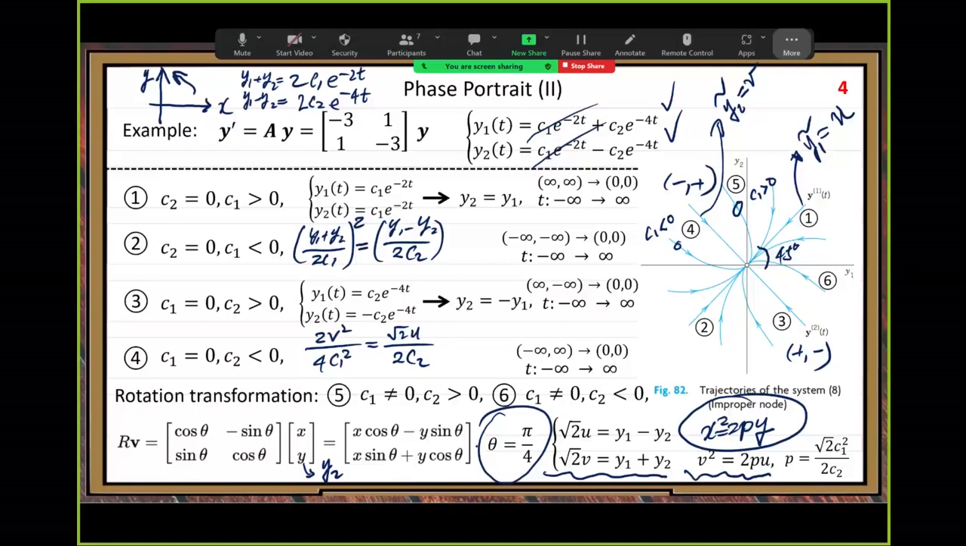Similarly for number 6, the same way. This time we need to look at C1 positive and negative, then look at the coordinate system. It is a little hard. But the bottom line is, you only need to know we have some specific ways to figure out the trajectory. First, how to draw the trajectory. Second, how to draw the direction